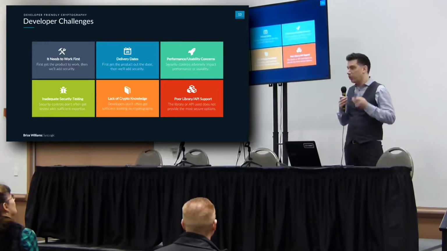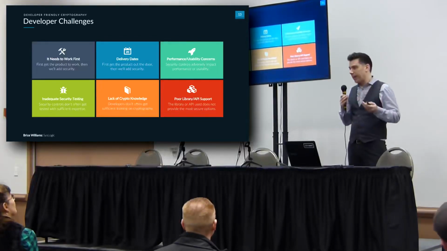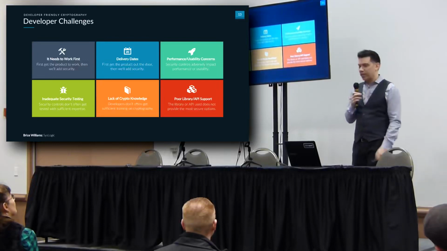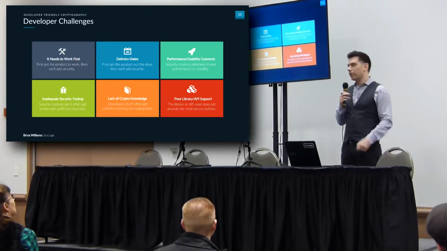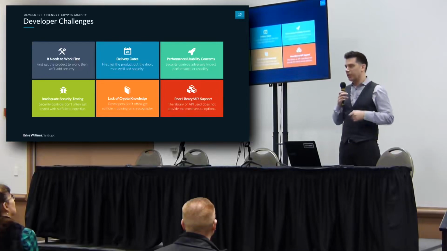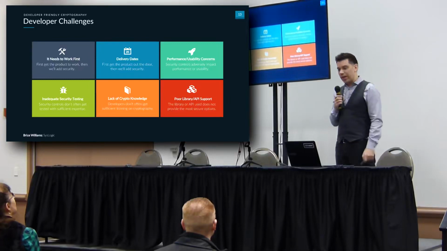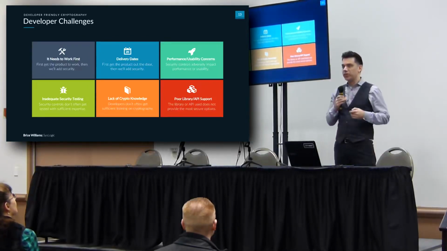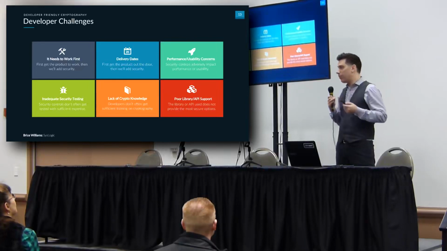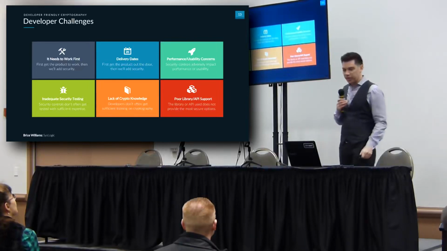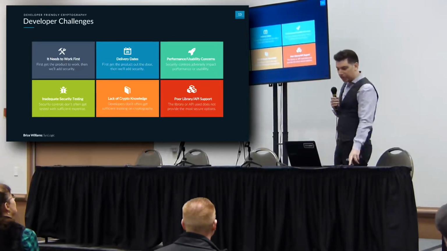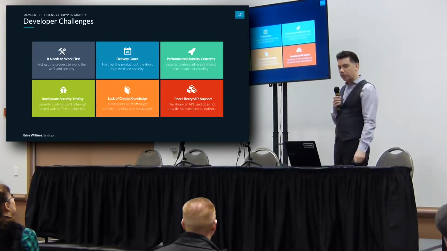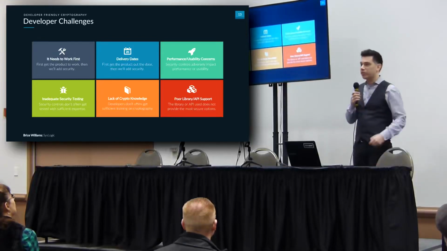I'd argue that you need to do both at the same time, but clearly you have to make the product work. That's important. You also have to meet delivery dates, and often delivery dates can be a priority over adding in a certain level of security or getting extra expertise or a pair of eyes to review it. You might have performance or usability concerns as a result of certain security choices, and so maybe they win out, performance or usability, that is. You might have inadequate security testing. Maybe security controls don't get tested with sufficient expertise.